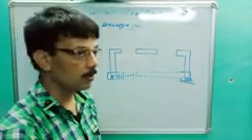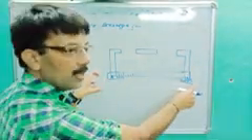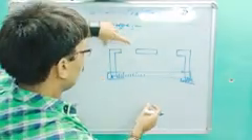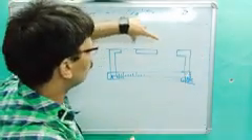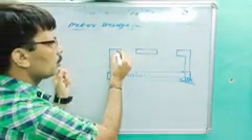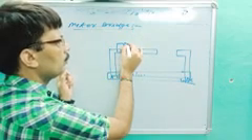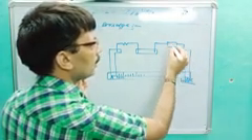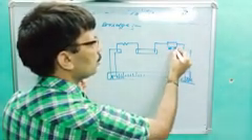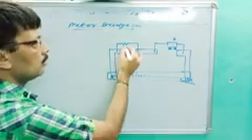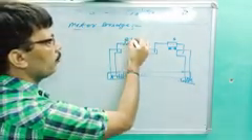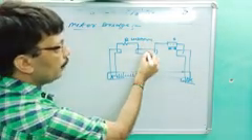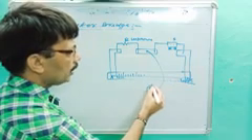It is based on Wheatstone bridge, and consists of 1 meter constantan wire clamped on a wood board. This is the wood board, clamped by 2 thick strips, and through these strips we will put 2 resistances, one known and the other unknown. This is a resistance box, this resistance is called S. This is the unknown resistance R. From the midpoint you have to put a galvanometer and a jockey.